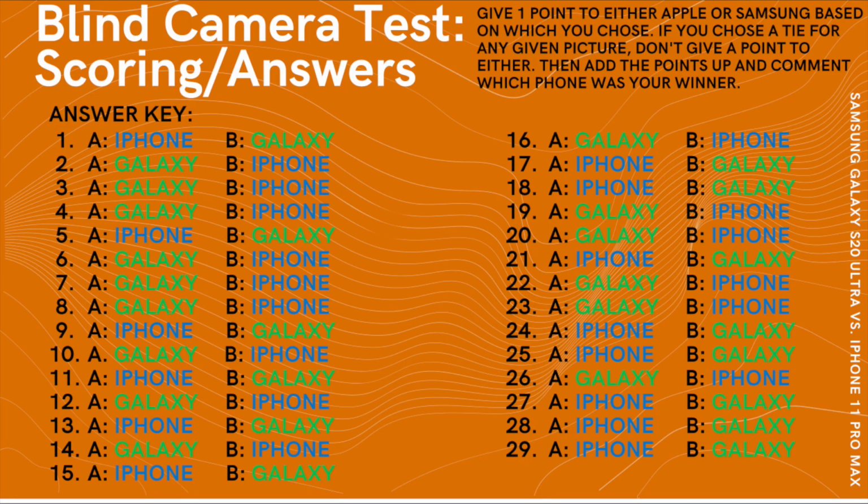Alright, here we add up the results. On the screen there's an image showing you which phone was which. What you need to do is add up your scores for each one and tell me in the comments below who you thought won. For myself, I surprisingly had it 18-11 in favor of the S20 Ultra. I was extremely surprised by this and almost didn't want to post because it seemed so biased, but those were